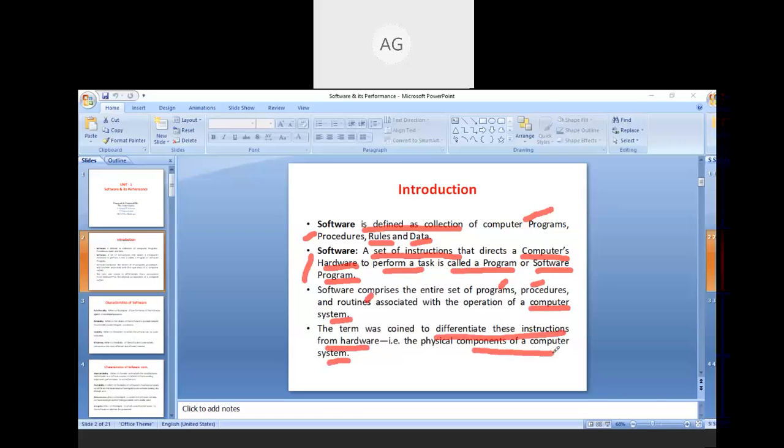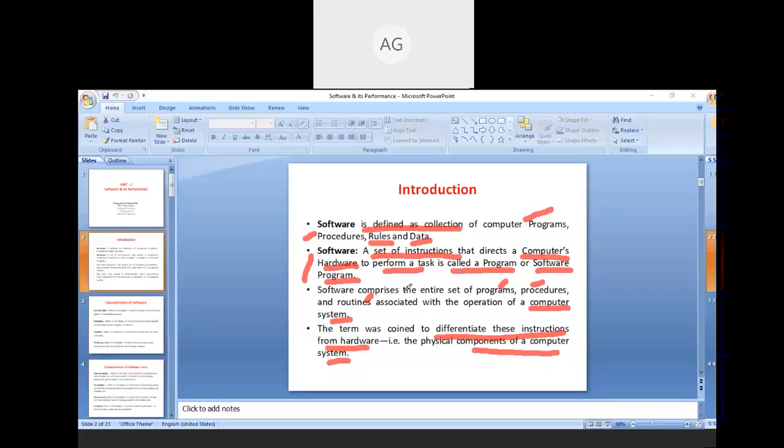So the hardware can also be called as the physical component of a computer system, but the programs, procedures, routines, the instructions, these are the software components. So the software consists of these components, and basically the software must be compatible with the hardware in order to perform any task or operation. So this is the basic definition of software.